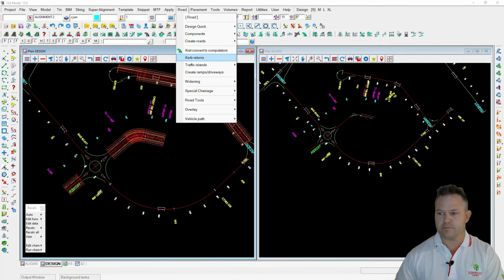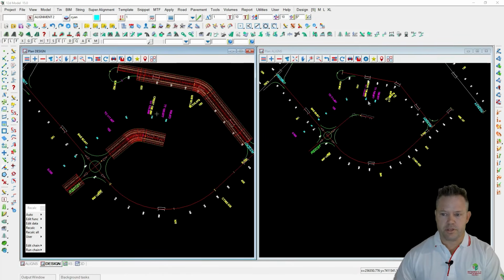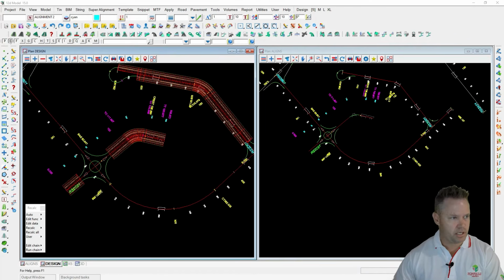So watch this space. The 12D seed files are currently set to utilize the snippets to define the template profiles. So you can just edit the snippets to suit. All right. To start with, you must have your super alignments in place, as you can see here. Now, besides the menu, you can use the toolbars. So using the Quick Start menu or the Design Quick Start toolbar, which is this one up here,